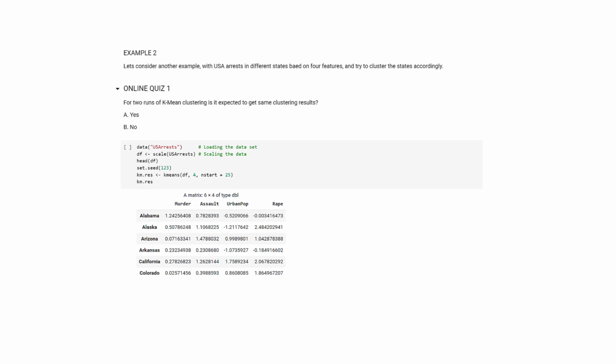So here is the US arrests dataset. We have murder, assault, urban population, and rape. We are going to scale these observations because we are looking at the distances. And we are going to use the k-means clustering with 4 clusters. We have the clusters of sizes 8, 13, 16 and 13. We have the cluster means for the 4 different clusters. And then we have the labels